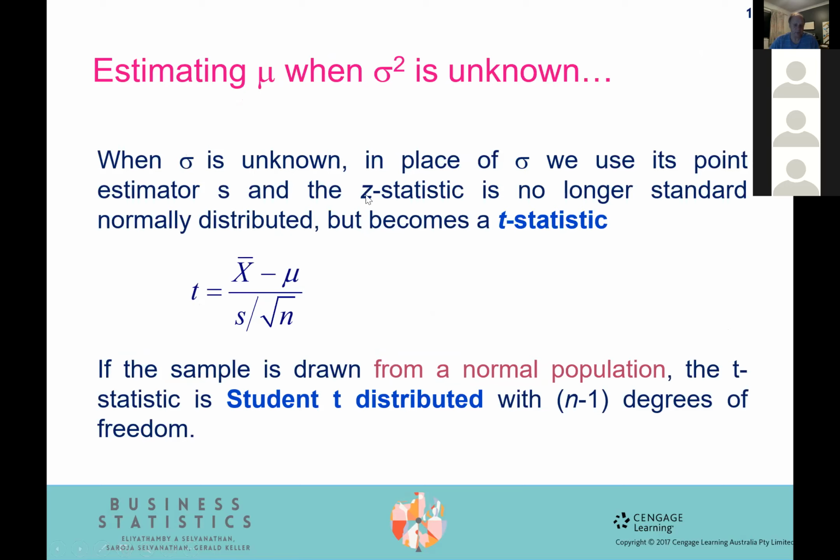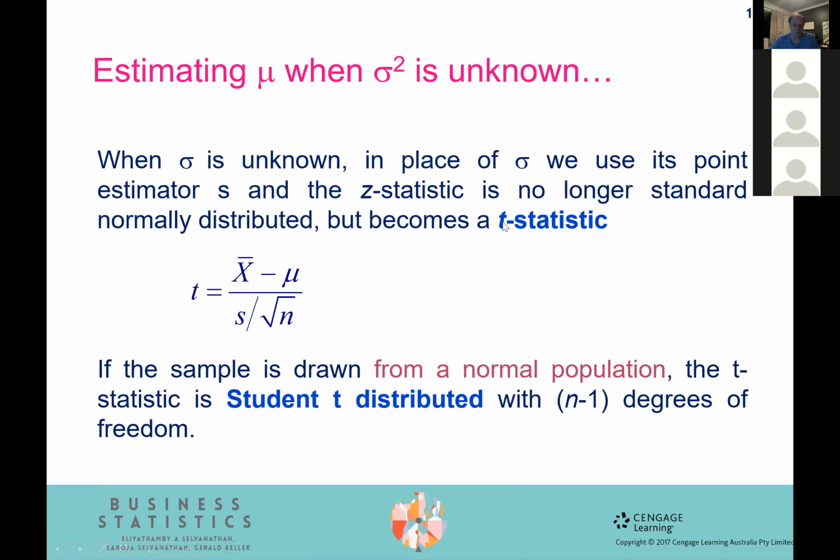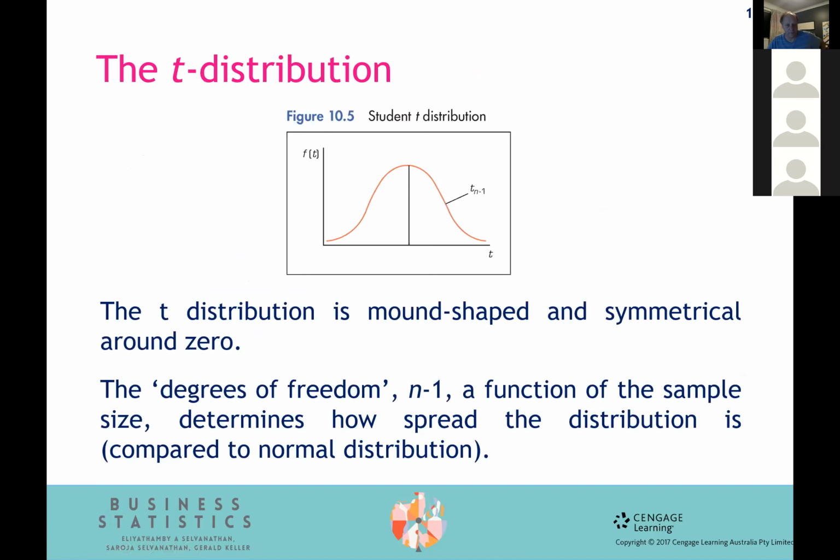Very similar to the Z statistic, which is the normal distribution, we need to use something called the T statistic, or a T distribution. And that's the only thing you really have to remember. For all intents and purposes, you always need to use the T distribution, because we're always going to assume that the population standard deviation is not available. Does that make sense? Okay, I'm going to pause soon, then we'll have a look at that.